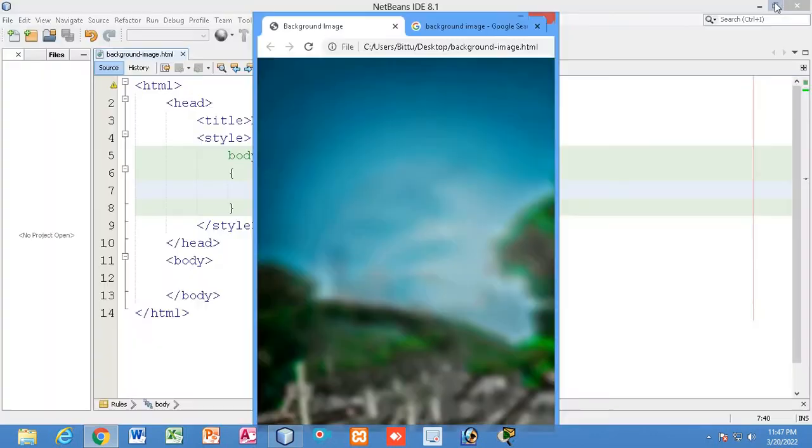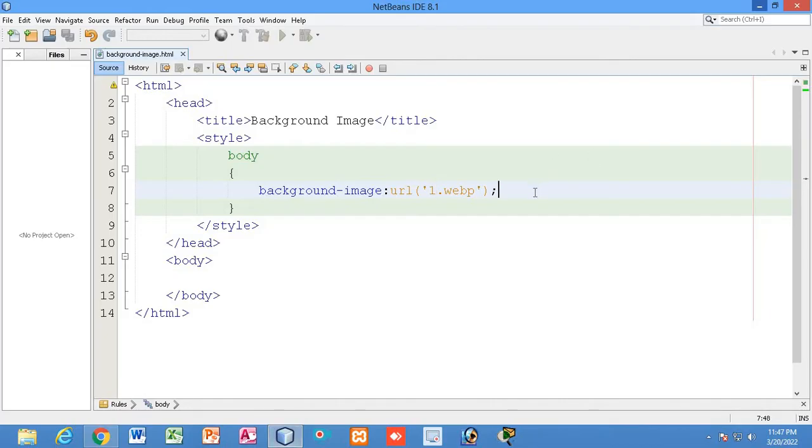the image width. The width of the image is much smaller than the width of this browser, right? So if I reduce the width of the browser, now you can see only one image. But if I increase the width of the browser, now you can see the image has been repeated more than once. So to stop the repetition of the image, you have to write